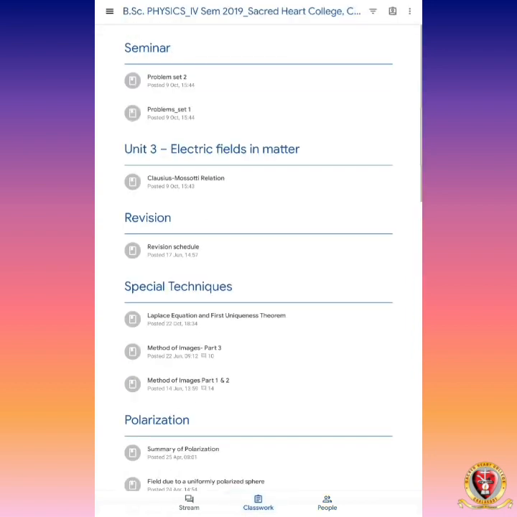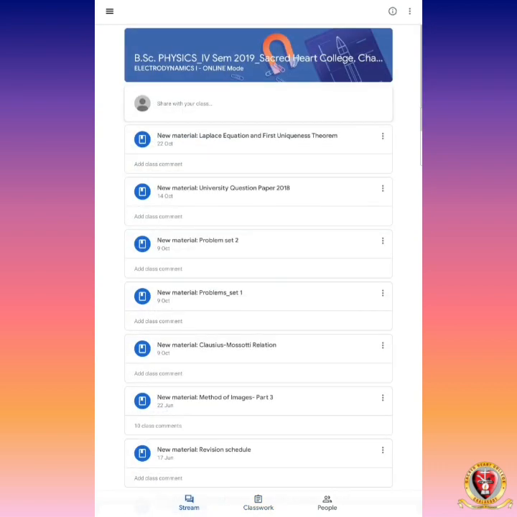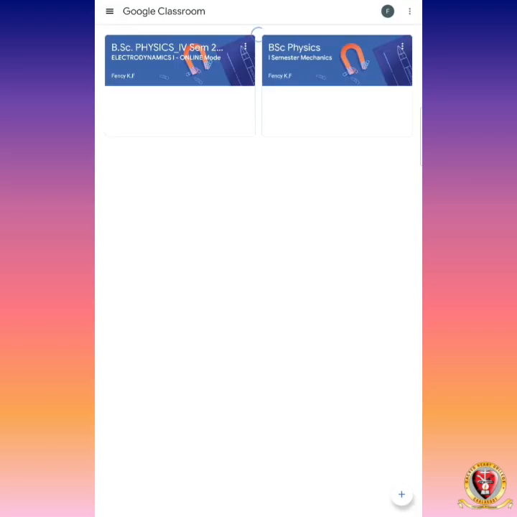Okay, now this is the classwork page, which we already discussed. This is the stream page. Similarly, you can see all the classes in this classes page. Now you can see 3 dots in each class tab. You can click that dot and there are 2 options. Unenroll means you can leave this class by yourself. The teacher can remove you, or you can unenroll. If you are joining some other course, you can unenroll from this Google Classroom by this option.